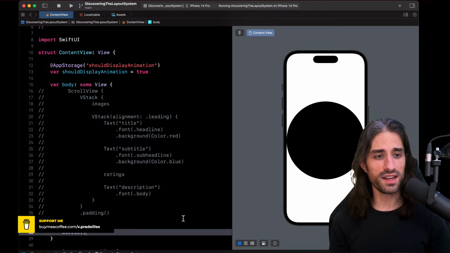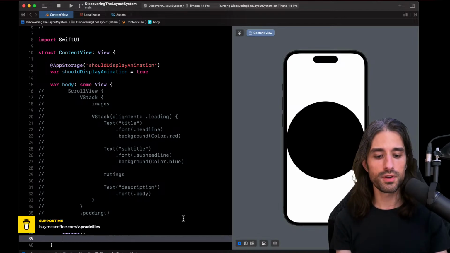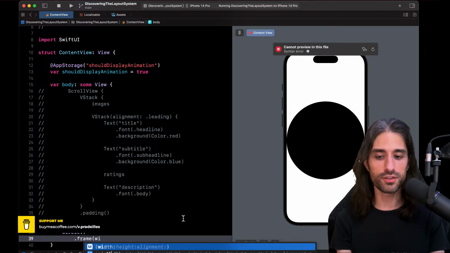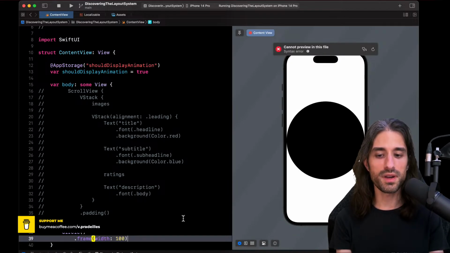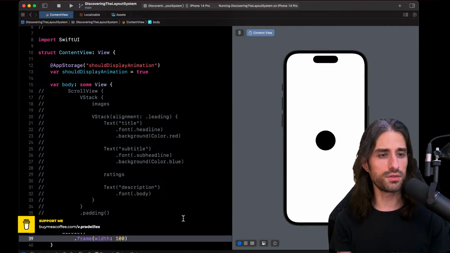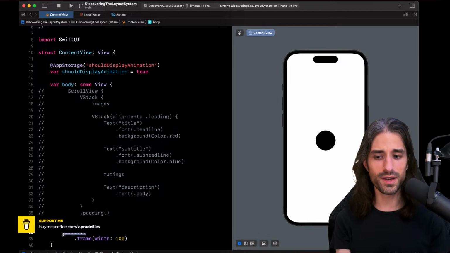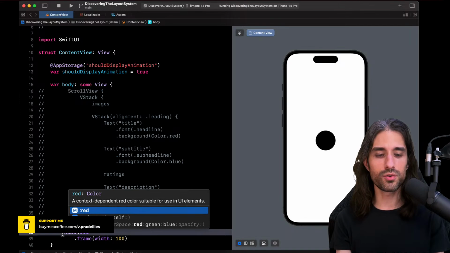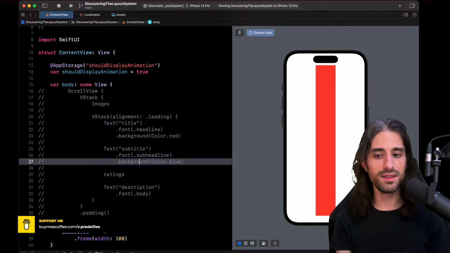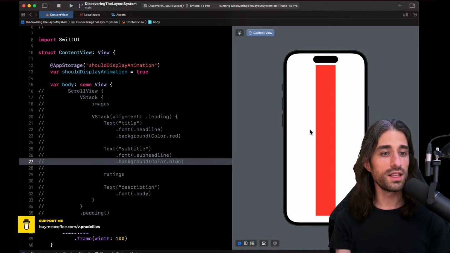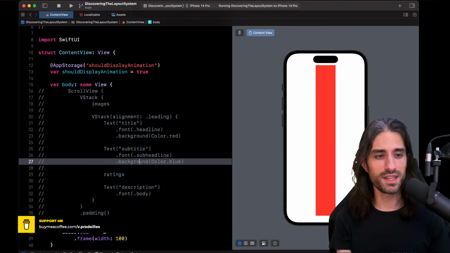When a view has an intrinsic size, it takes only that size, but when it doesn't have one, it tries to take as much space available to it, and it's up to the parent view to constrain it, for lack of a better term, and say, for instance, here I want my circle to only have a width of 100. Interestingly, you can notice that when you have a color red that has no intrinsic size, if you give it a frame of 100, it will only constrain the horizontal dimension and not the vertical dimension. It makes sense because there is no link between the two of them, they are independent.